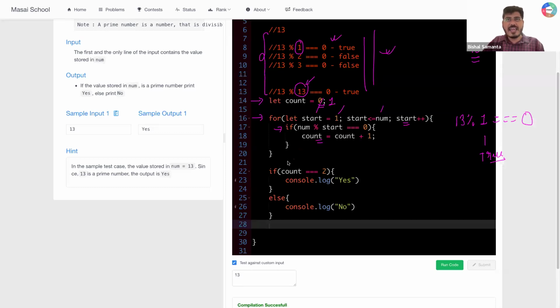Okay, and then again your loop starts running. So 13 mod 2 is equal to 0. Is it true? No, it is false, right? You are not doing anything. Again you are checking 13 mod 3 is equal to 0. Is it true? Again it is false, right? Now so long you will be